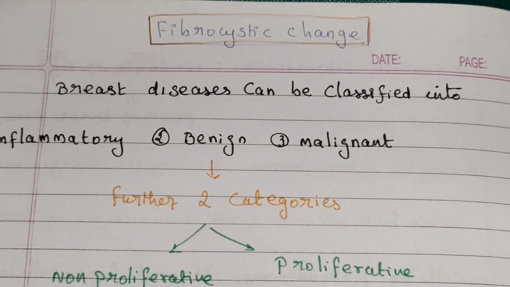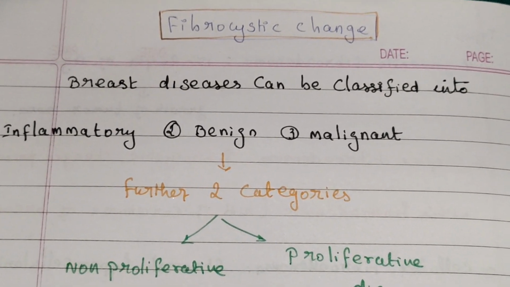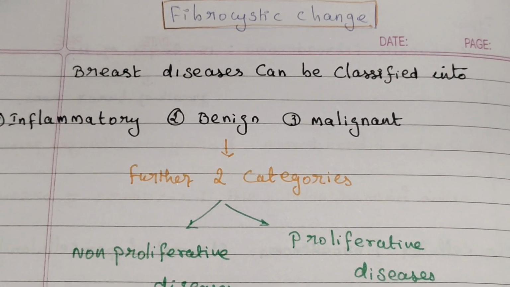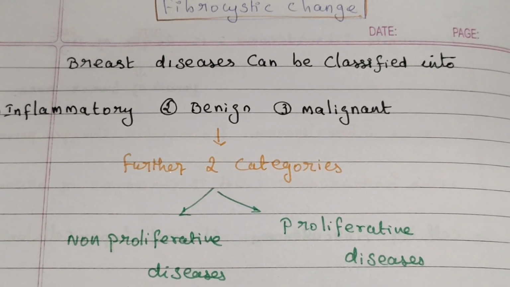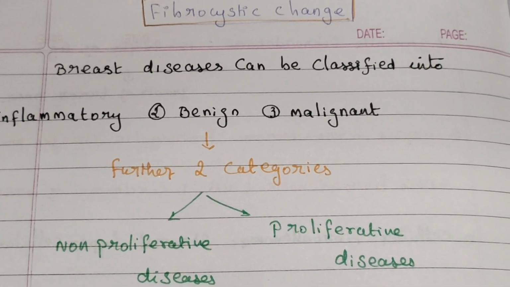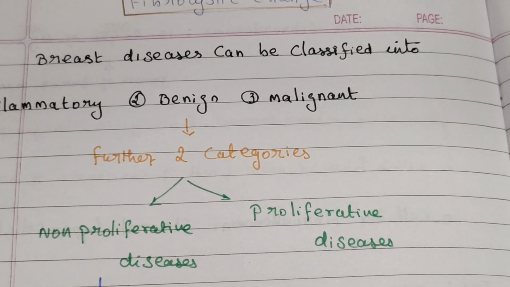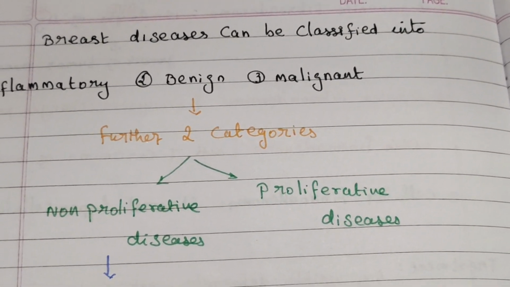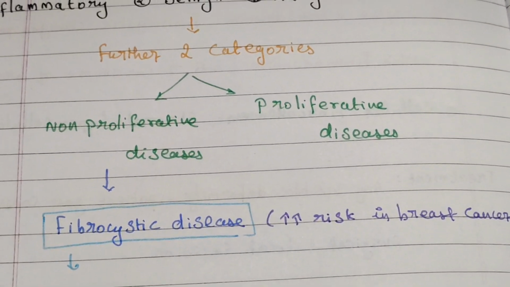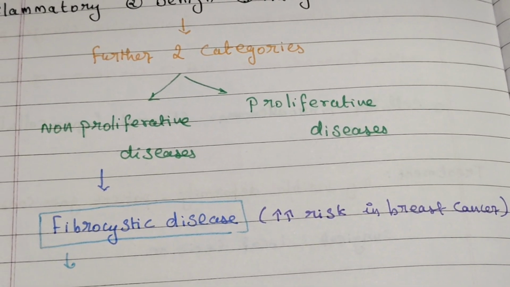Today's topic of discussion is fibrocystic change of the breast. Breast disease can be classified into inflammatory, benign and malignant. In benign disease we have two further categories: non-proliferative disease and proliferative disease. Fibrocystic disease is used for this category,